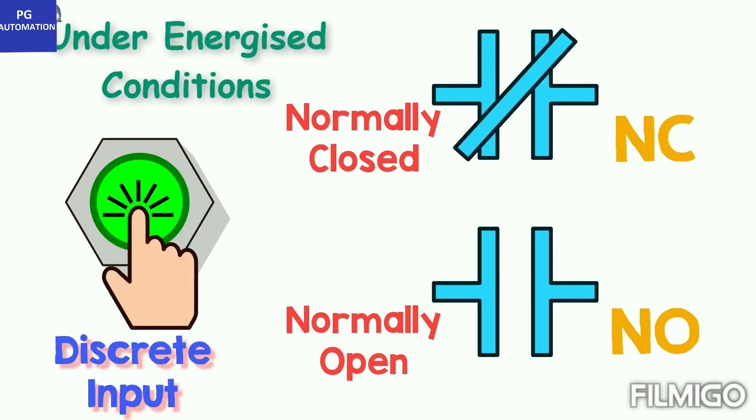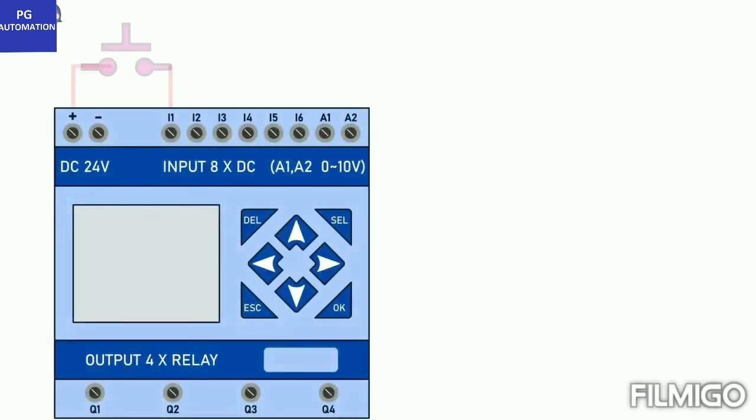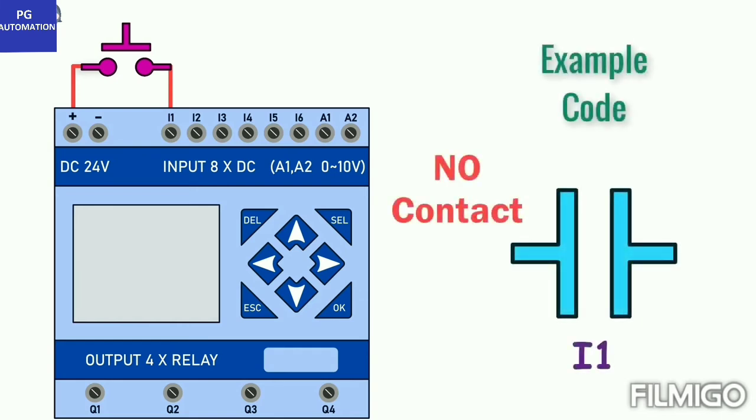Let us understand this in the form of animation. Suppose we have connected an open switch to input 1. If we connect it as NO contact in the code, the NO contact becomes NC when we close the switch. Similarly, if we connect an open switch to NC contact, it changes to NO when we close the switch. Understand this concept clearly as it will be used frequently in the next couple of videos.